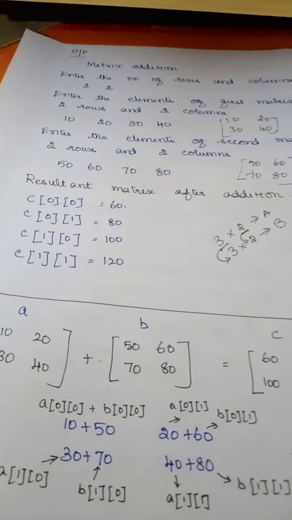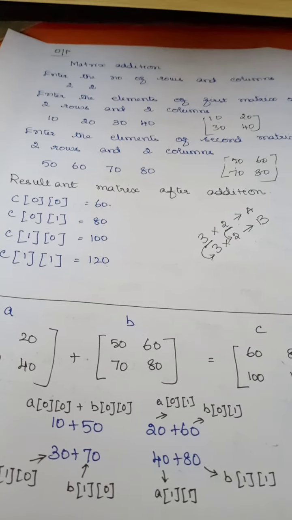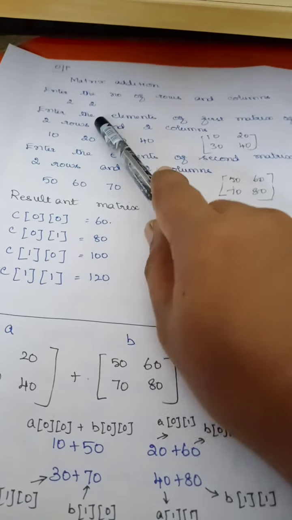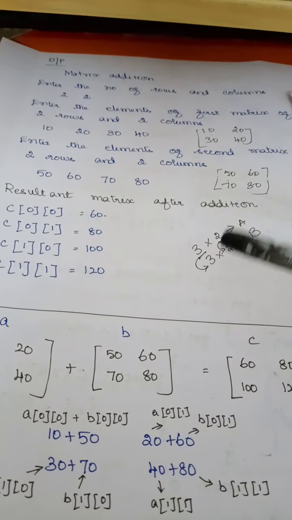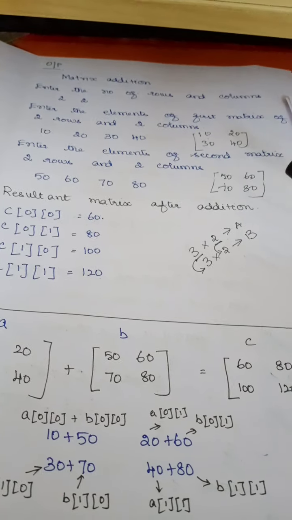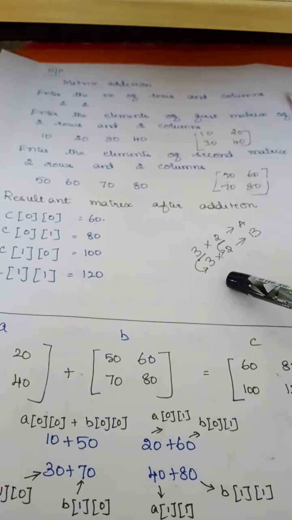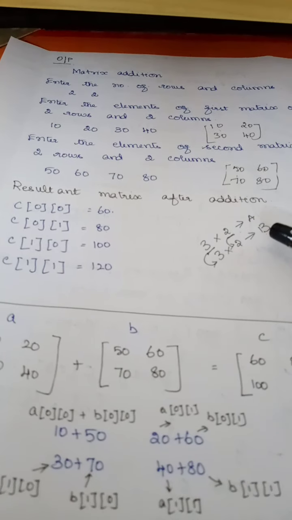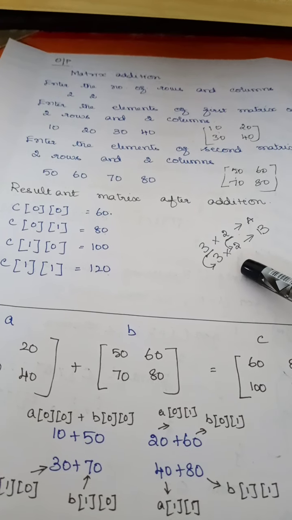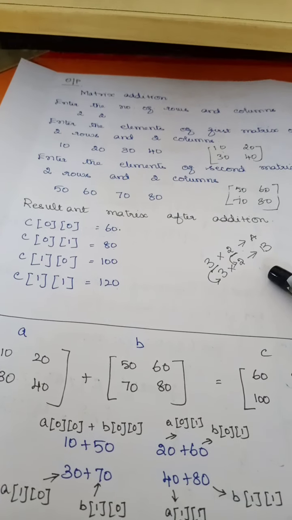Is that clear? It is not that only square matrices can do the addition operation. So for simplicity, I have taken 2 by 2. You can also take 3 by 2, 4 by 1. It's your wish. Is that clear? But both A and B should have the same order. So if this is going to be 3 by 2, B should also be a 3 by 2 matrix. Clear? The order of A and B should be the same. Right?